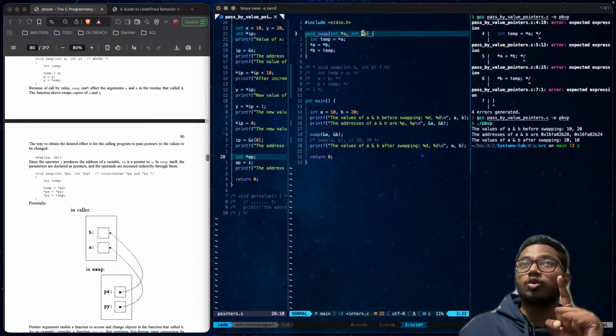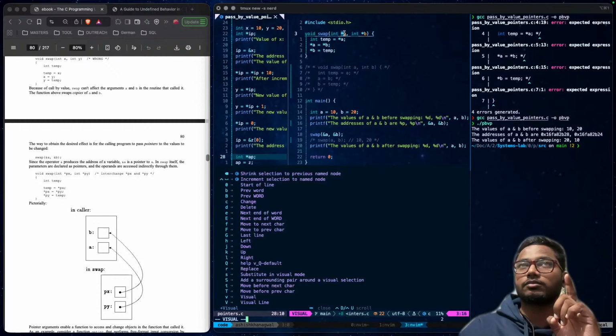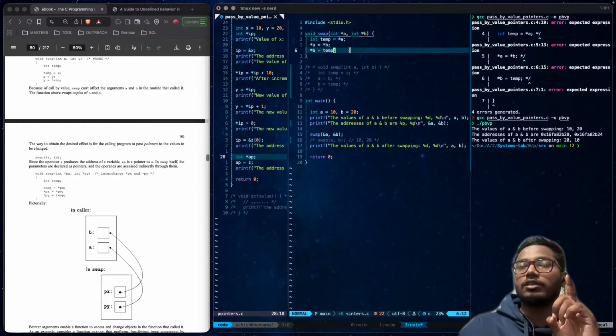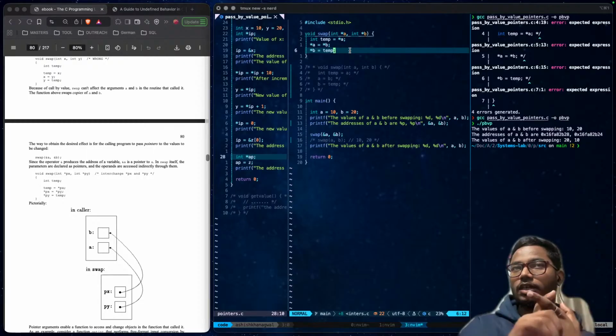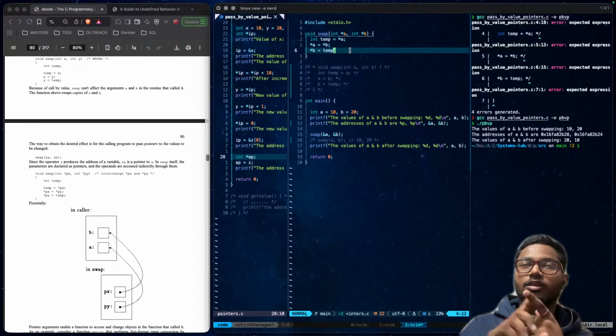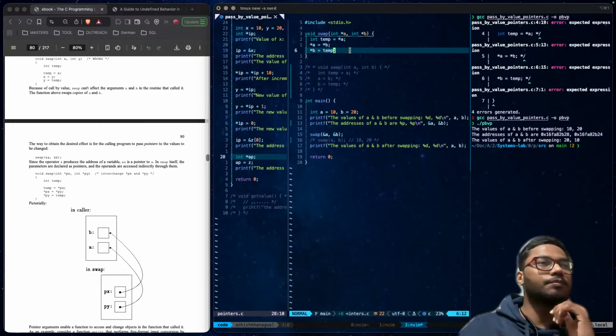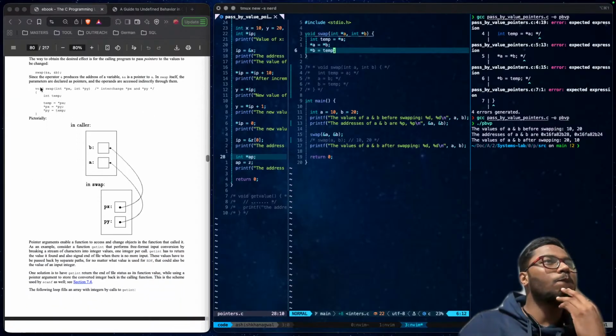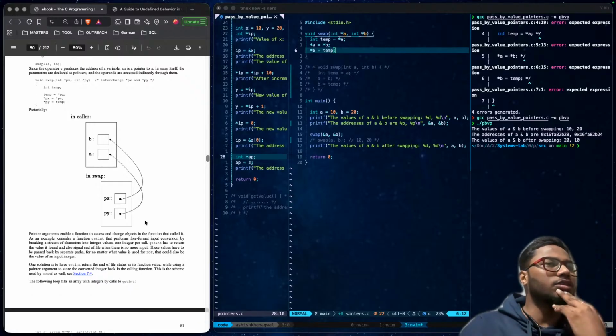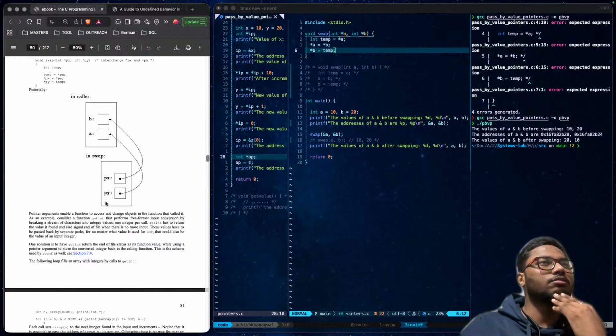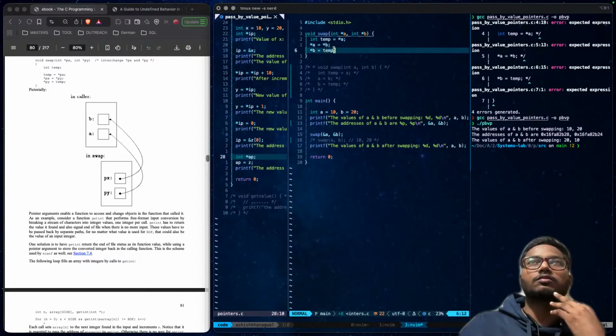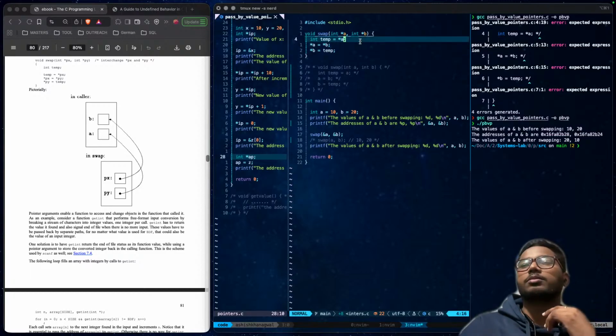Now this dereferencing operator points at the address of this variable a, where the value of a, which is 10, is stored. This is how it goes, targeting the memory, pointing towards the memory, and this a and b get swapped.